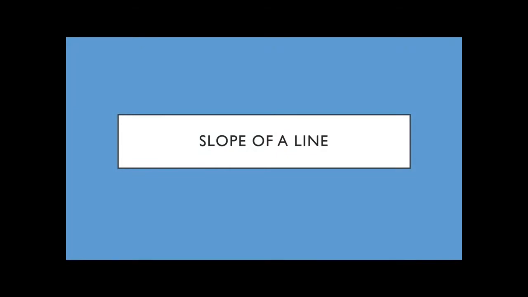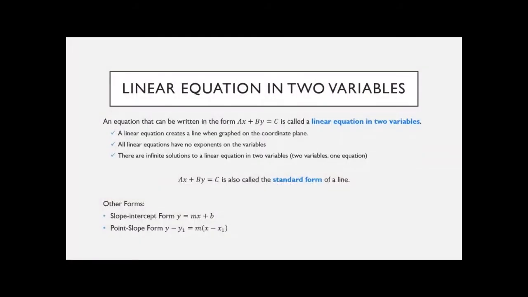So this lesson is on slope of a line, and slope is really important, and it's got a lot of moving pieces, a lot of different ways that it can be interpreted. So there are going to be a lot of slides. About half of them are just going to be definitions and things like that. But I want to make the connection to slope is something that actually shows up a lot in real life and is very useful. So first, let's look at the definition of a linear equation in two variables, because one